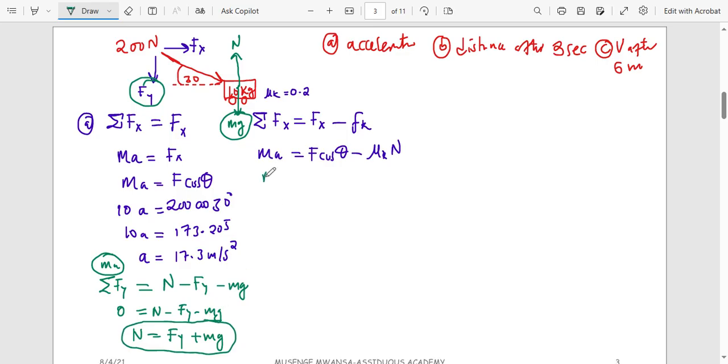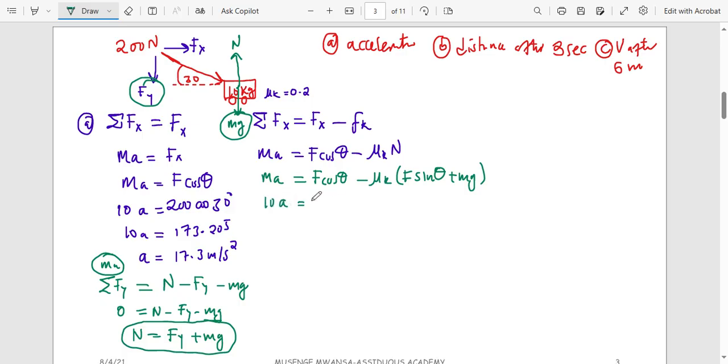That's why in the previous class I told you that normal force doesn't have a specific formula. It depends on the condition. So that is going to be F cos theta minus the coefficient of kinetic friction times the normal force. But where there's normal force, we're going to put Fy plus mg. But remember Fy, how do we find Fy? Fy is given by F sin theta. Y component is always F sin theta. And then plus mg. So in this case the mass is still 10, times a